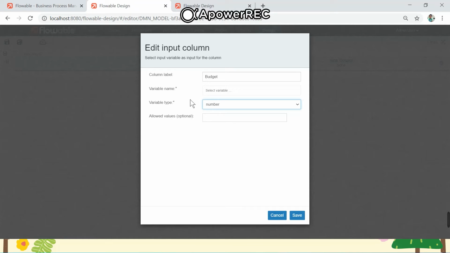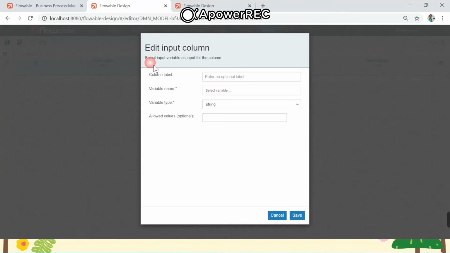And one more thing, when you are creating this decision table from a BPMN process, I already mentioned the variables are already there and you can select them. Whenever the variables are part of this process, they will be displayed here. It is not displaying as of now because we are creating it outside of a BPMN process. So we can give it some name like budget here for now and save it.